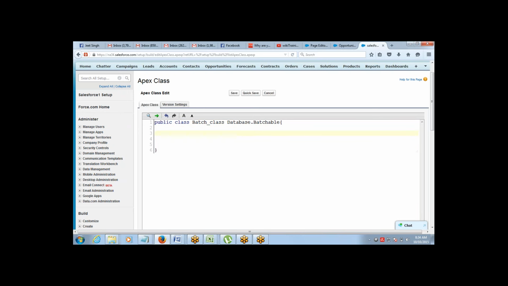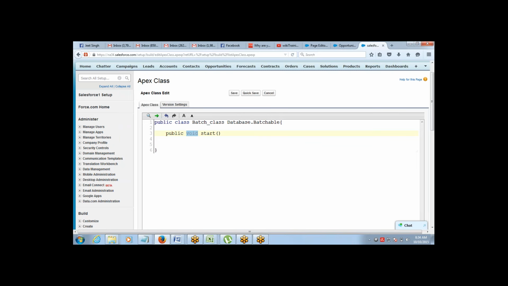Now, how many methods do we have inside this? 3 methods, right? What's the first method? Start. Okay. Is start a void method? No, start is not a void method. So what is the return type of the start method?